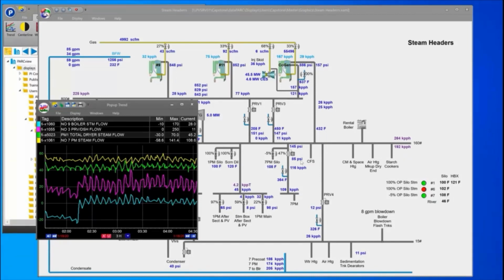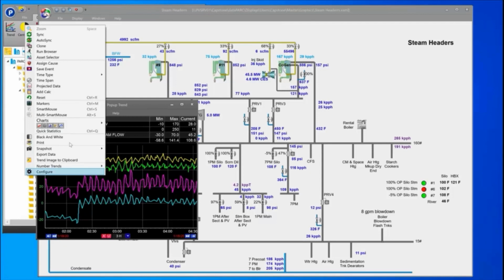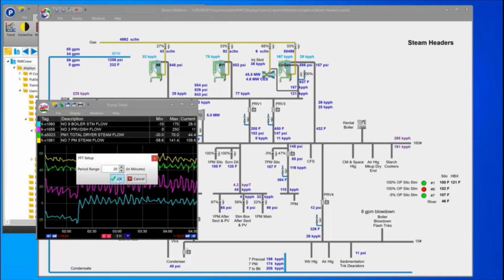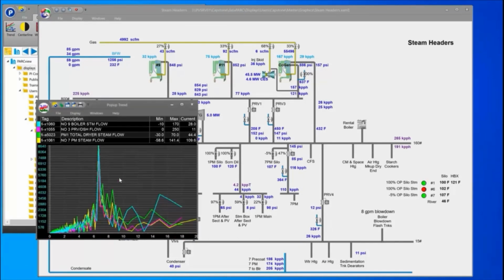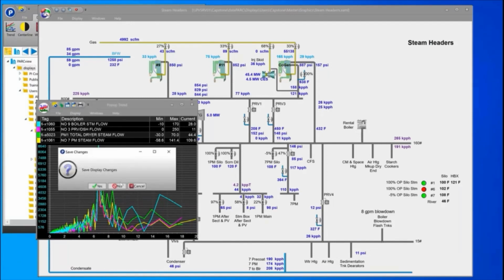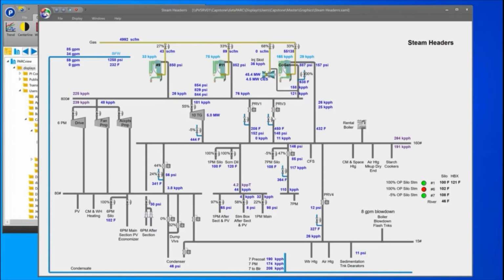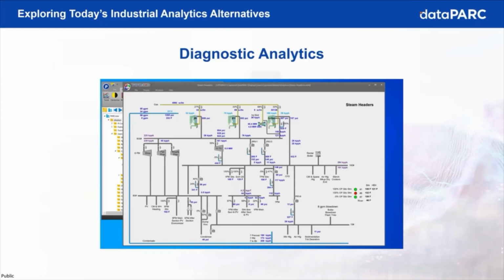The last thing that we can do is turn on FFT inside of the trend here. FFT stands for fast Fourier transformation. What this is going to do is basically analyze the oscillations or the cycle. You'll notice that all of our tags have the exact same peak. So visually it looked like they were the same, but now we've been able to use a tool in math to determine that indeed they all have that same peak, which means that they all have oscillations with about the same period time. So knowing this, we know that our issue is most likely having something to do with PRV3, and then we can use that to dive in and figure out solutions further.